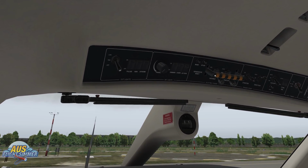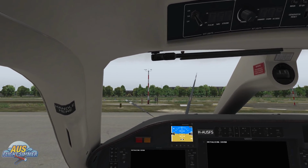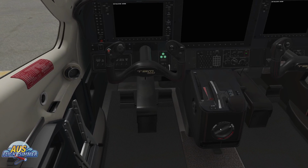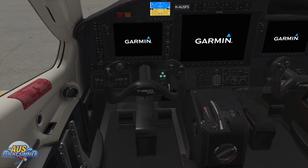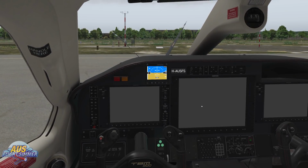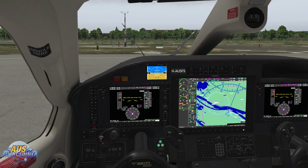But what I have learned to start up the TBM is all from the tutorial videos, which can pretty much get you, invest the time to go through them, and it will get you up and running and comfortable with the aircraft to go and do a flight within, say, 15 minutes to half an hour. I will say that I'm no expert when it comes to the Garmin 1000s as well, still learning those, because I prefer to have steam gauge aircraft, but within using this I'm having a lot of fun so